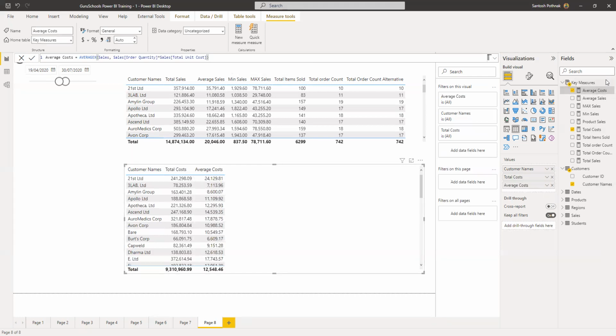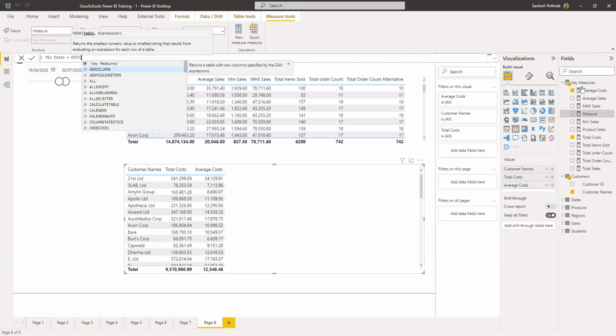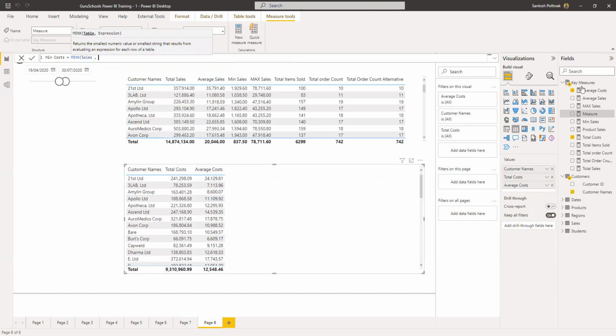So let me just create another one. Now I would say minimum cost that has been incurred for me. Cost, I would say MINX. By writing this multiple times, you get habituated to writing measures. You do the same replication in your